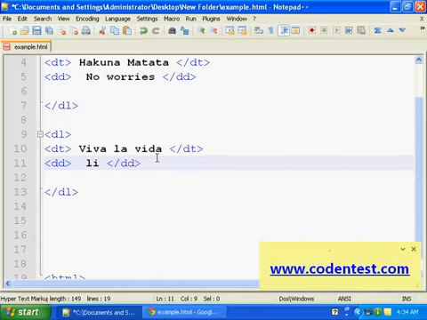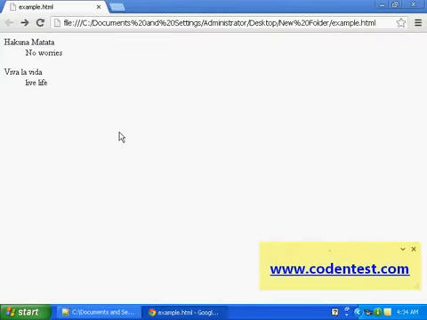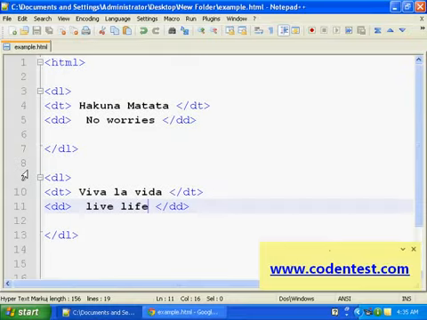It means live life, or live life happily, something like that. So see that Viva la vida means live life. So that's how you use DL tags, that is definition lists.